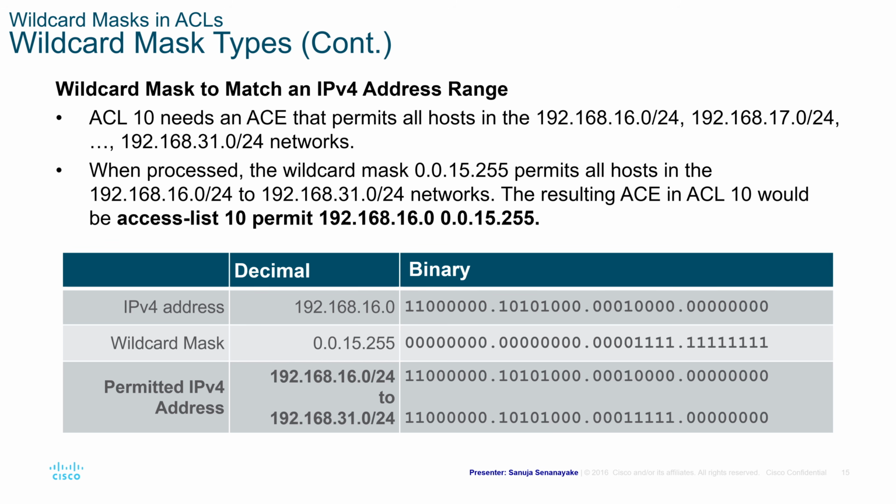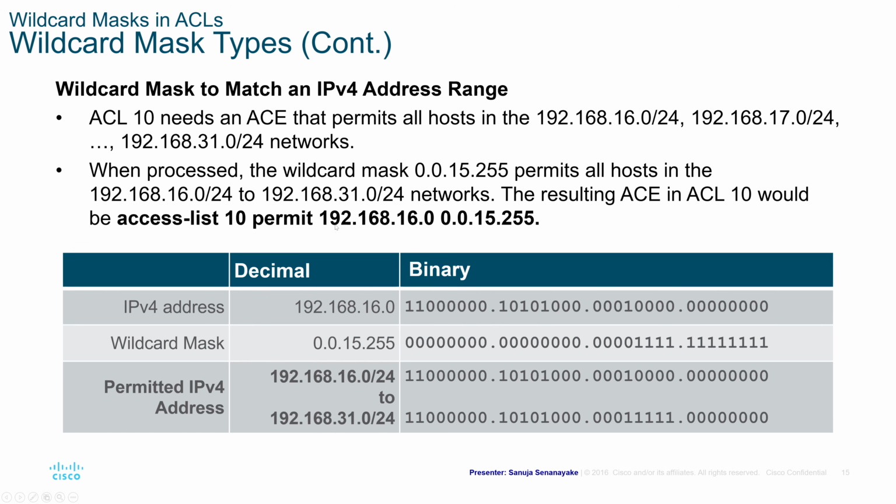So the ACL 10 in this situation needs an ACE that permits all hosts in the 192.168.16.0/24, 192.168.17.0/24, and so on and so forth networks. When processed, the wildcard mask 0.0.15.255 permits all hosts in the 192.168.16.0/24 to 192.168.31.0/24 networks. The resulting access control entry in the access control list 10 would be written as access-list 10, so